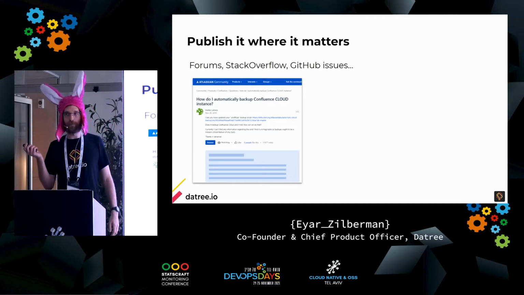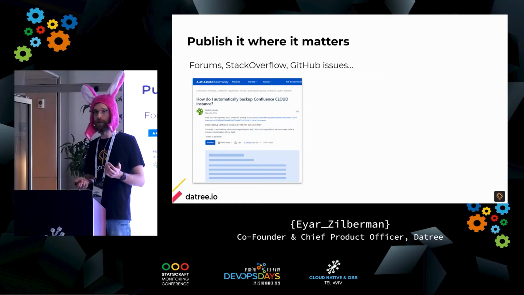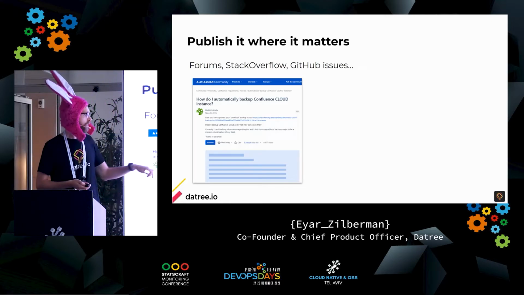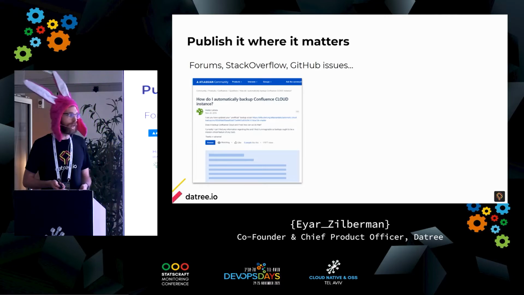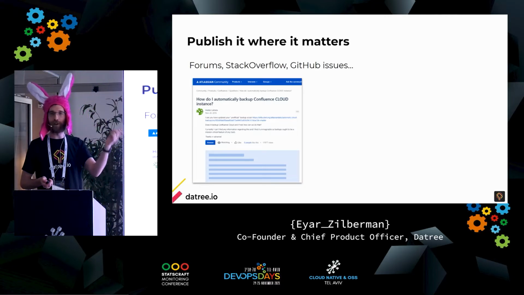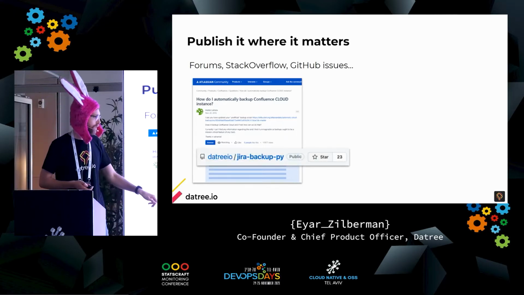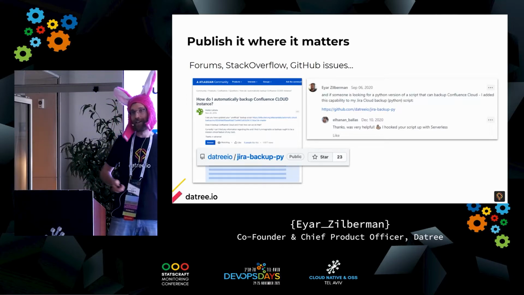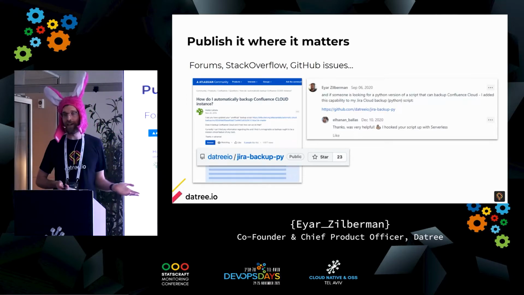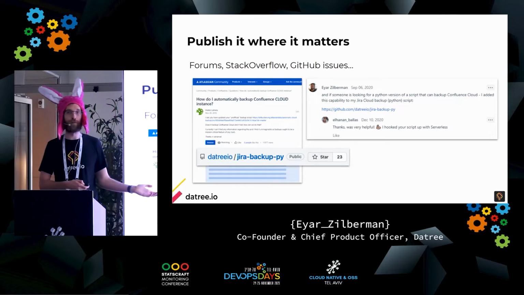The next place that you want to publish it is in context, in the right places, in forums, and so on. So this is one example. Someone asked in the Atlassian forum, hey, how can I actually back up my Jira? And do you remember the second open source that I told you that I already created? The one that is a Jira backup. So this was a great place for me to tell him, hey, it's open source that I built and you can use exactly for that. And guess what? He's actually a user of this repository.